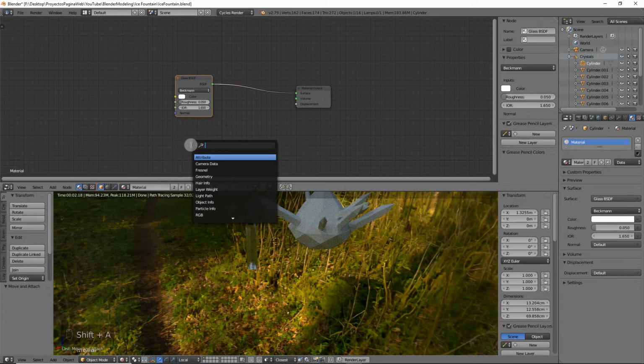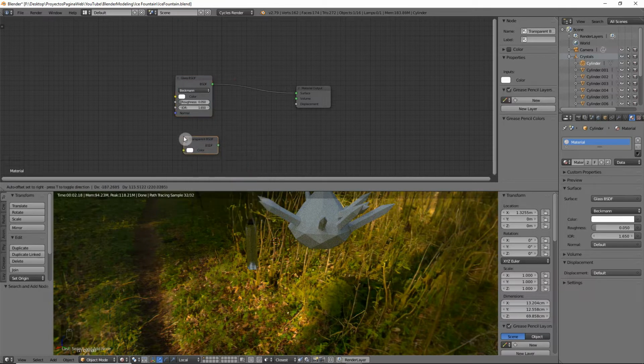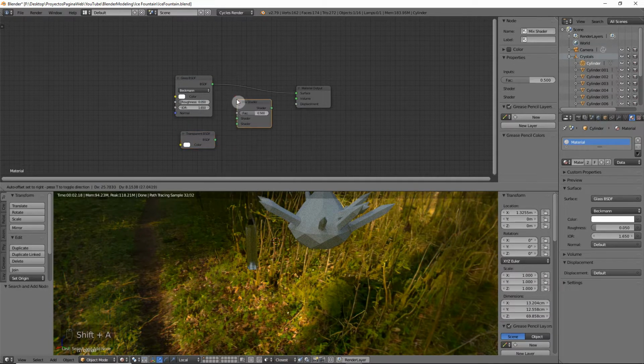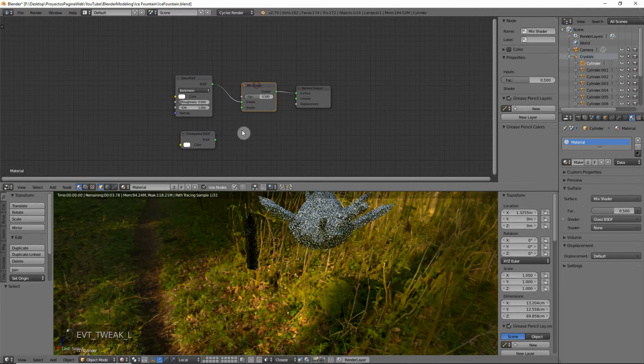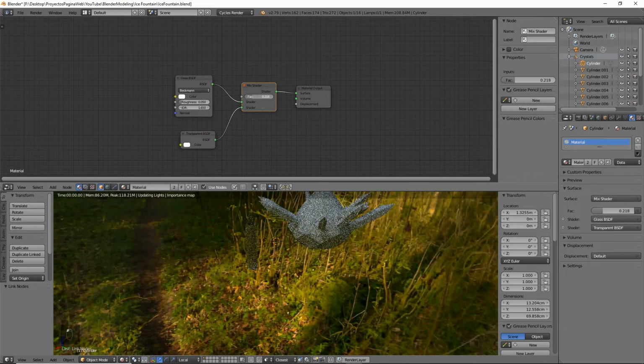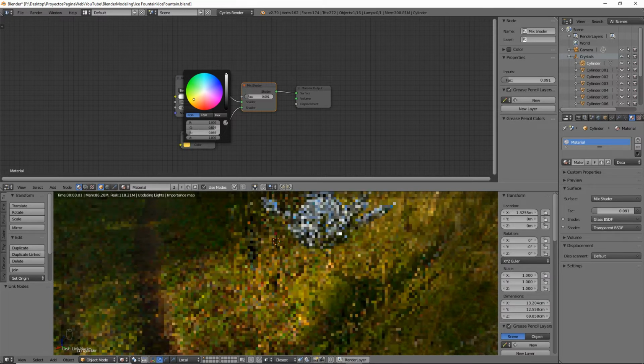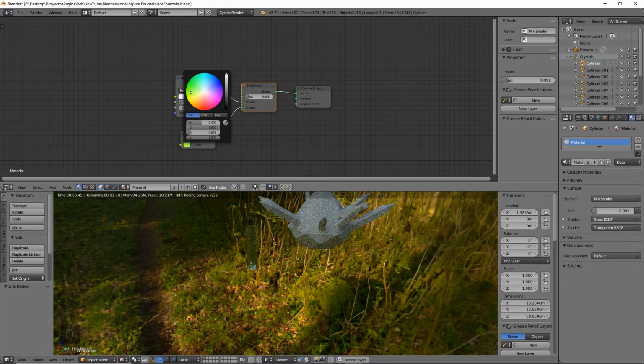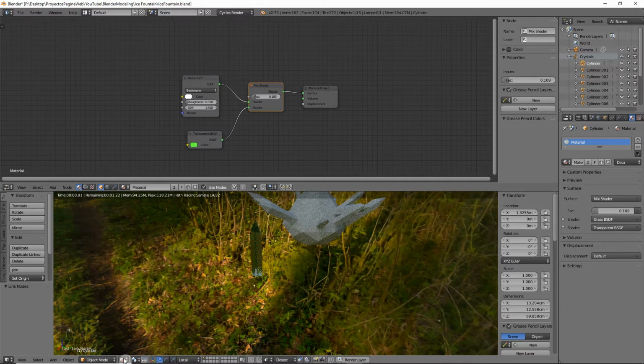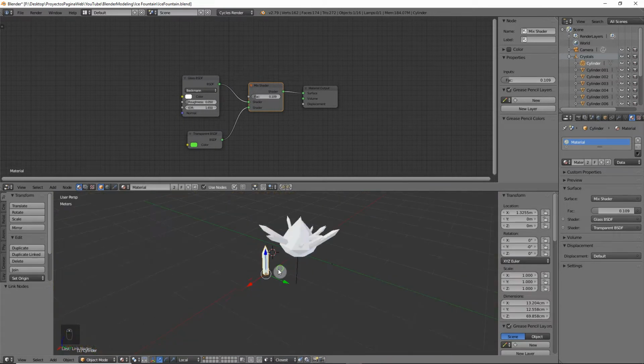So we add the transparent nodes, then we add a mix shader, that way it's easier, and a bit like that, but we still keep it to more glass style. But I want to keep it kind of greenish because of the environment, just because the factor is not very high, and that will be okay. That's it. So let's just keep it to material,